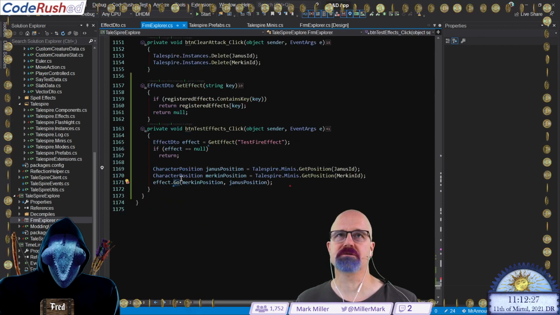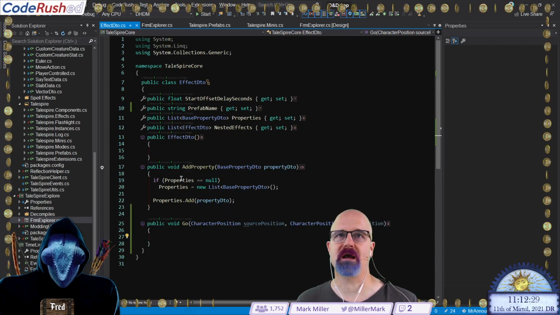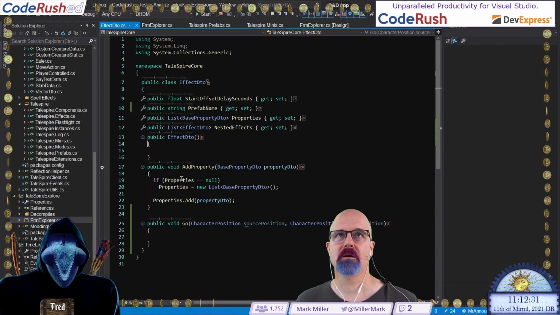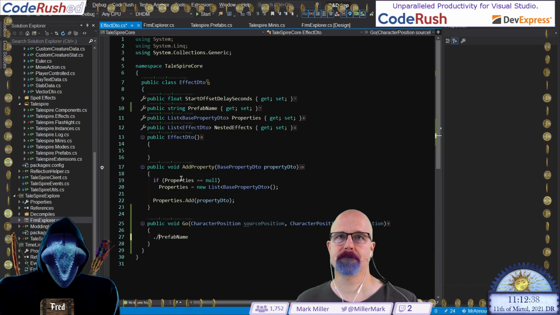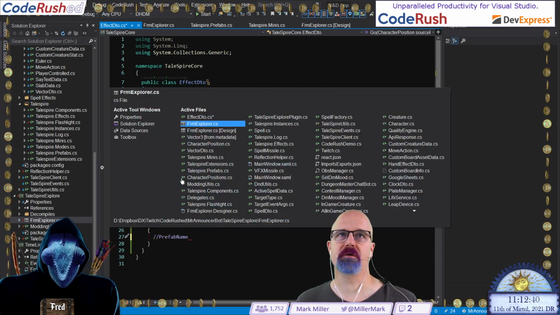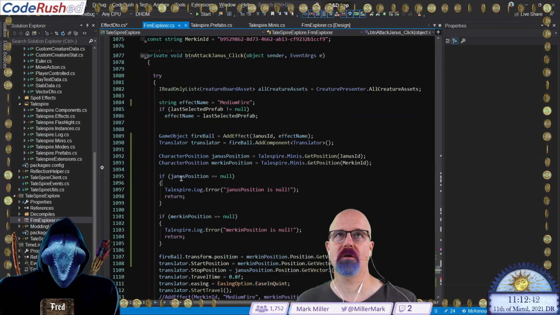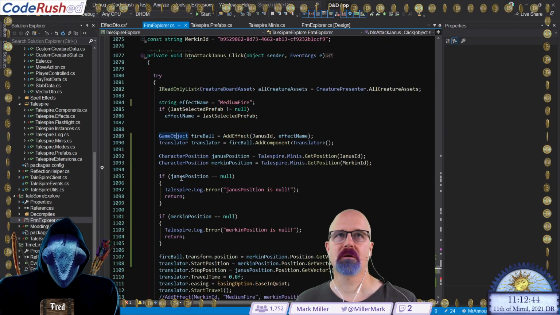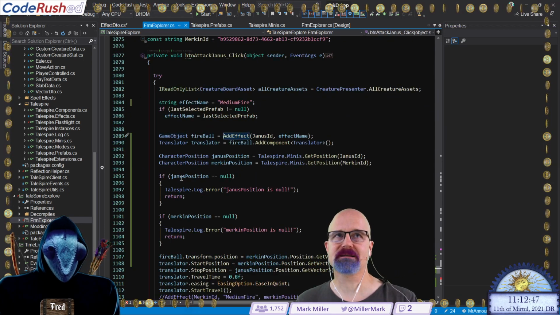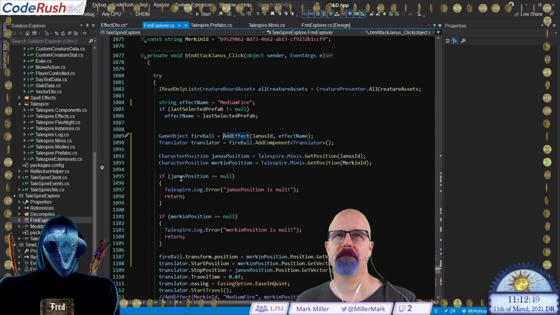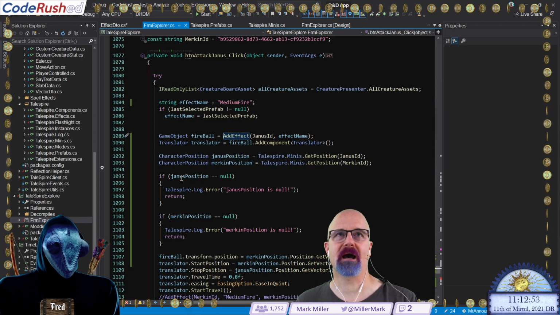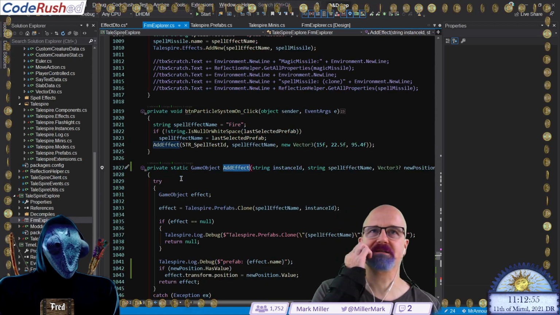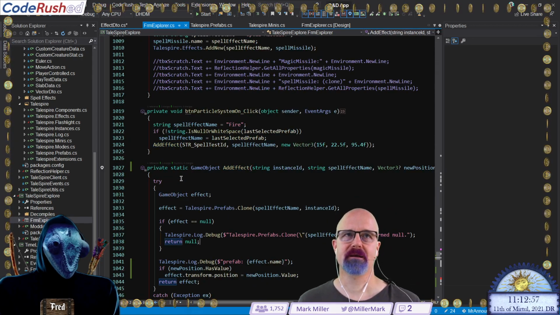We got to take register. No, wait. No, we don't. So now we have our prefab name. So the first thing we need to do is create our prefab. Let's go look at the code over in Form Explorer. We called add effect. How are we passing Janus ID to that? Because it needed an instance ID. I see, we're just reusing that.